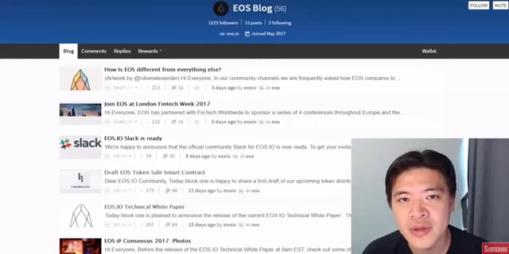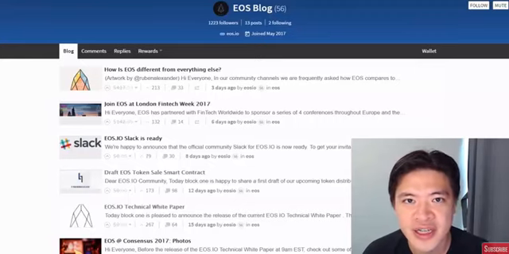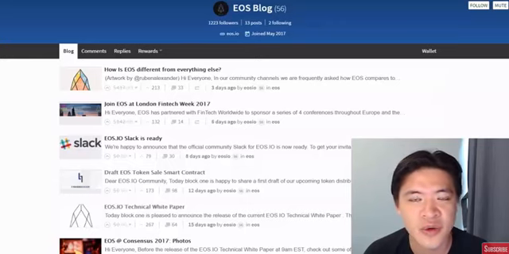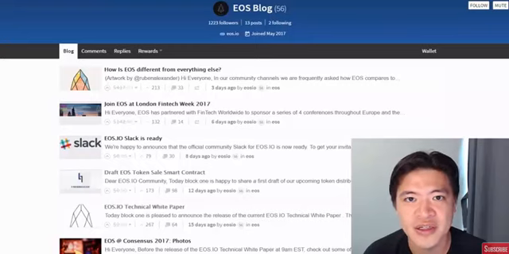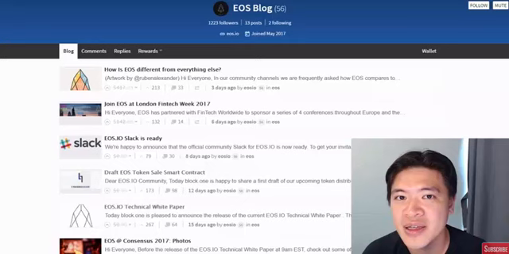And not only that, there are a lot of significant changes and upgrades to this process. For example, you no longer need smart contracts to interact with EOS decentralized apps. So users no longer have to pay money to interact with it.